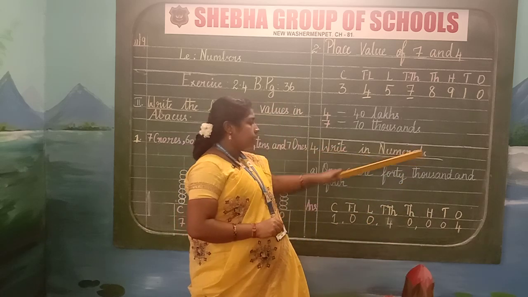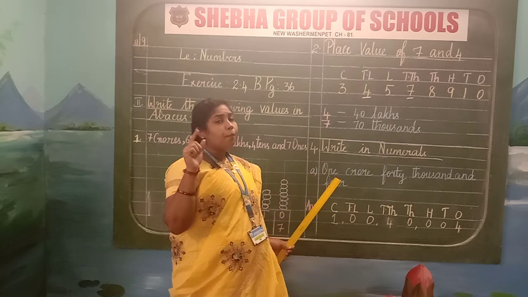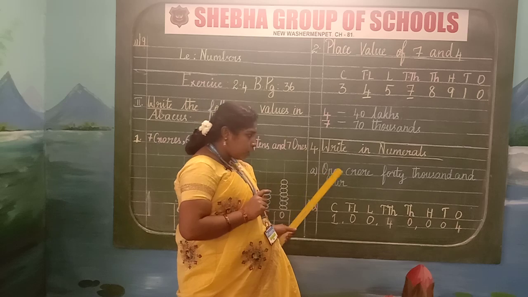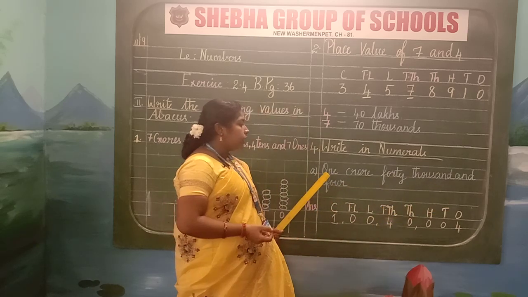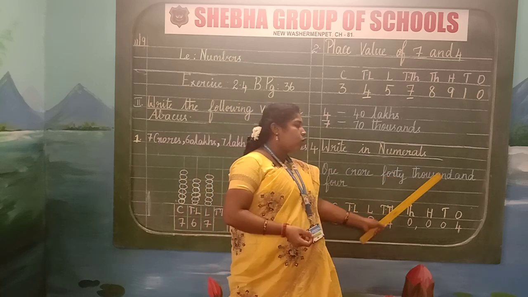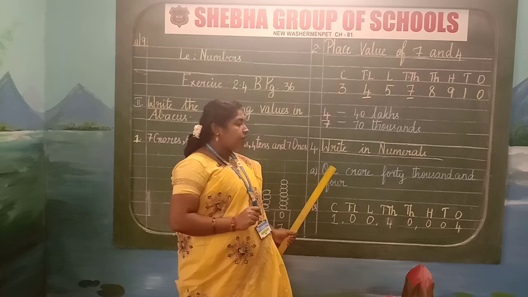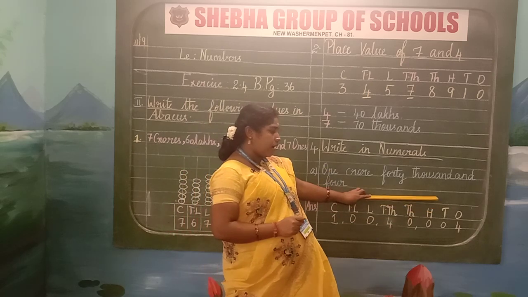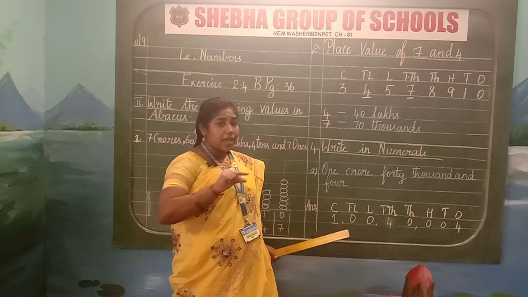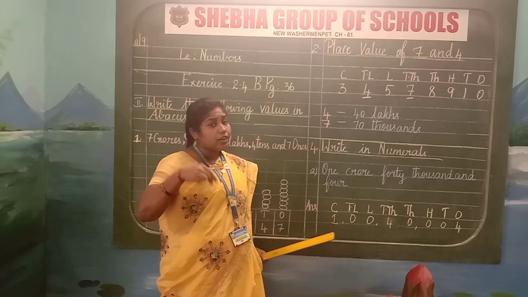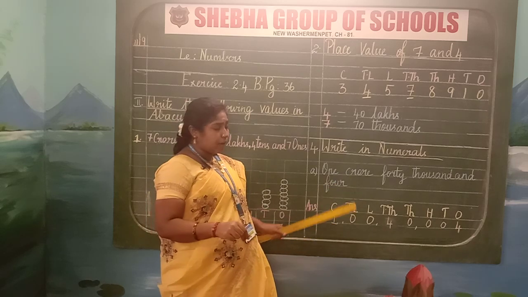Leave one line. Put a serial number in the margin. Now with your finger gap, write 1 crore 40,004. I am again repeating, 1 crore 40,004. Start with capital letter, children. After writing the question, you may now leave one line. After leaving a line, first you have to write the place values properly so that it will be easier for you to write the numerals for the number names.